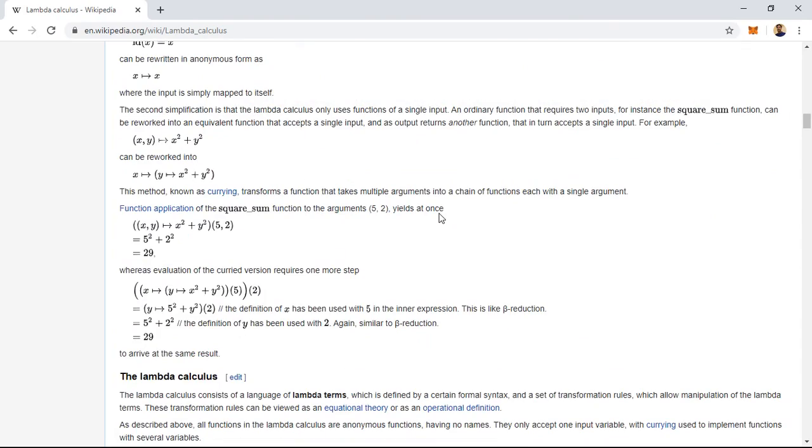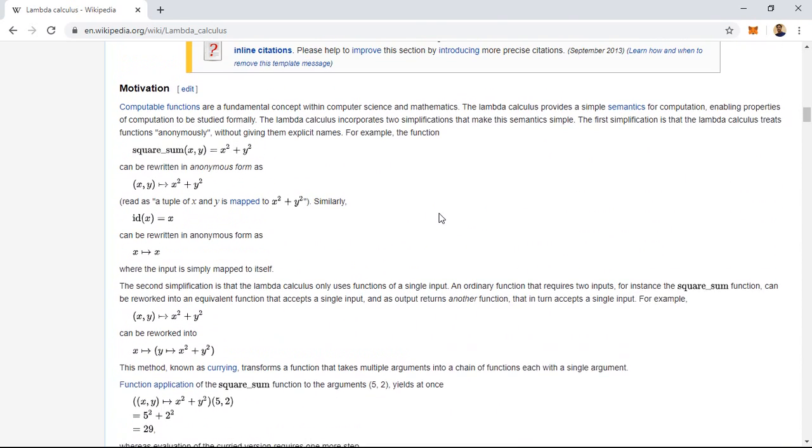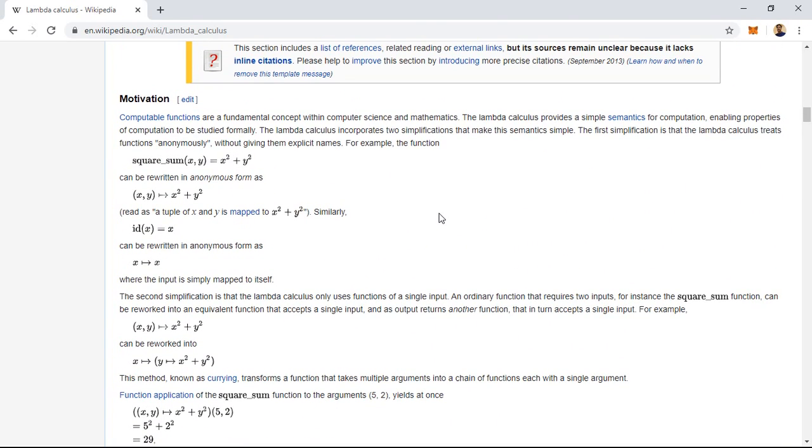The only thing is how to convert normal functions into lambda functions. Square underscore sum of x comma y is equal to x square plus y square. So it is simply remodeled as x comma y because it is an application, which is giving you x square plus y square, and this entire tuple is mapped to x square plus y square.